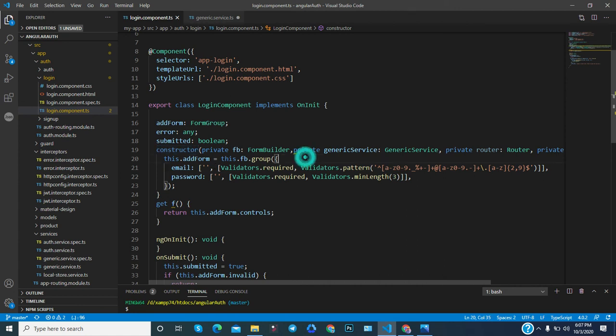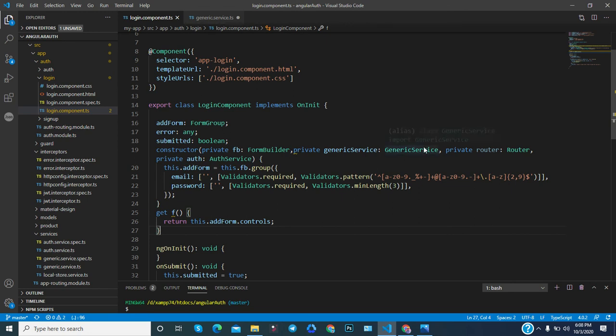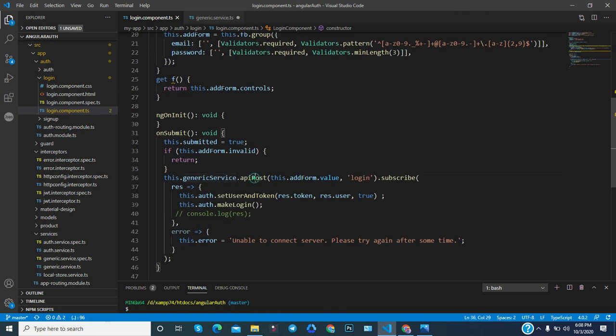That's why you need to inject something here. Through dependency injection, you can notice that the generic service is injected. Now using this service, we are calling the put method and passing some parameters. The parameters here are the form value and the endpoint. So we are passing them, and based on that everything is happening.